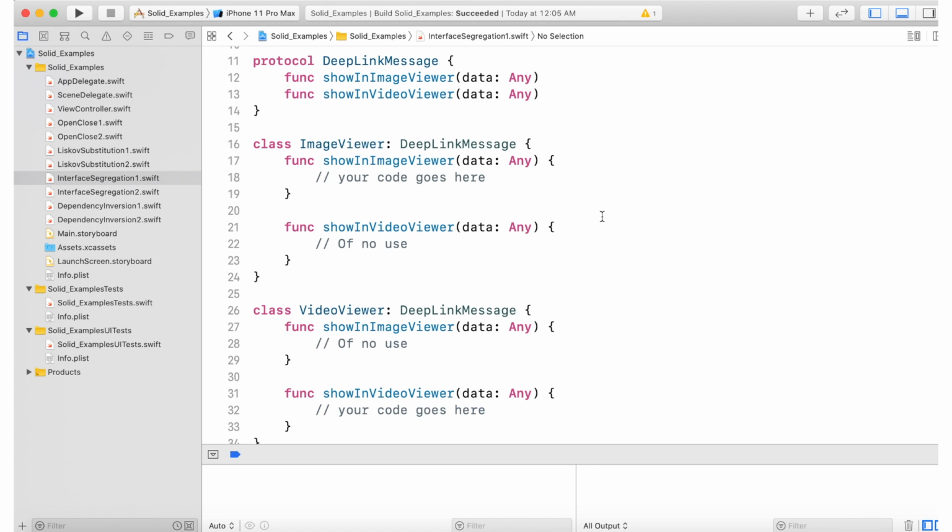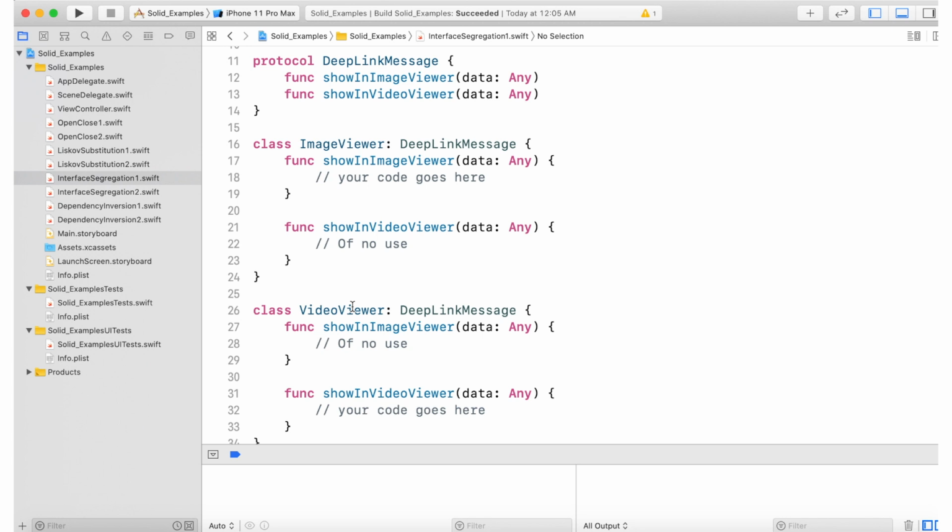Now what is the problem in this implementation? One problem is that when these two functions are imposed on each and every class, there comes a situation where one of the functions is not reusable for the class. For example, showInVideoViewer is of no use for the ImageViewer class, and similarly showInImageViewer is not applicable, or not usable, for the VideoViewer class.